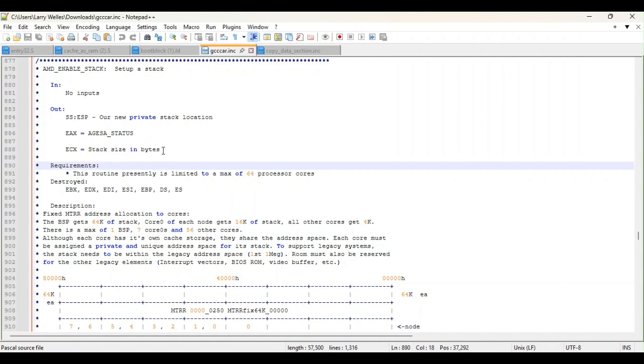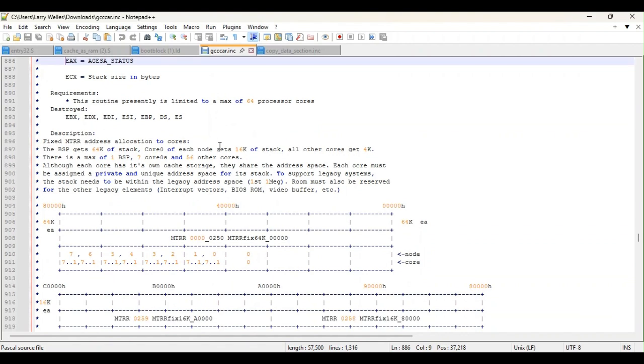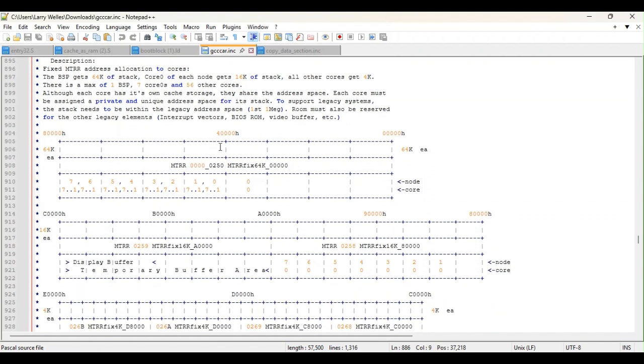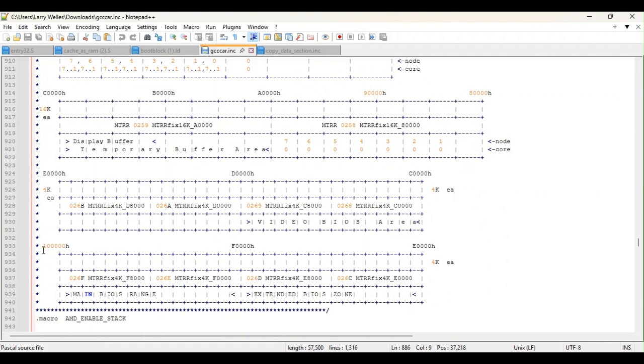The stack size in bytes will be in the ECX register. And there's this kind of industry specific status. I can't remember what those letters stand for, but I'm trying not to get too detailed on this because we'll really get lost. Anyway, here's the thing that I found kind of interesting: if you look at these numbers down here, the numbers start at 0 and they go all the way up to hexadecimal 1 and 5 zeros following. Let's see, 1, 2, 3, 4, 5. Yeah, it's 5 zeros, which means that's 16 megabytes of, we can actually call it DRAM,